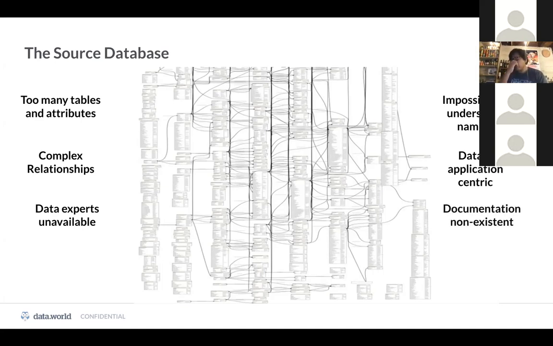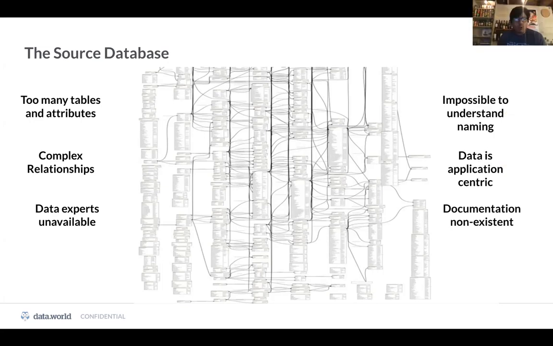Now you would expect maybe there's documentation. Well, first of all, if there is documentation, it's probably out of date, but most probably documentation doesn't even exist. So you don't even know how to start from here. Now, sometimes you're actually looking at data from a database, but you're not accessing the raw database. You're getting a dump of the data. And that dump can be a dump of a table shown to you in a CSV file, in a spreadsheet, or it can be a dump of a query. So you actually don't know where that data is.